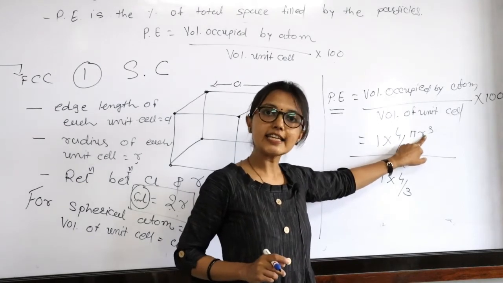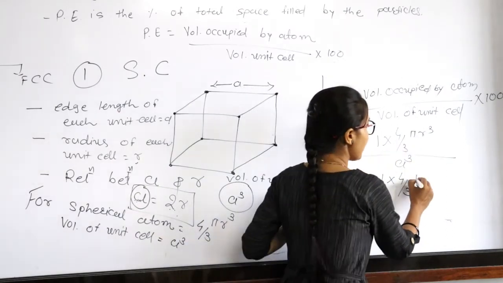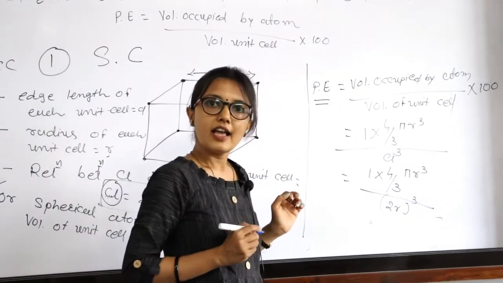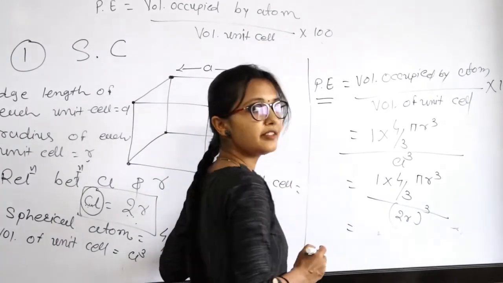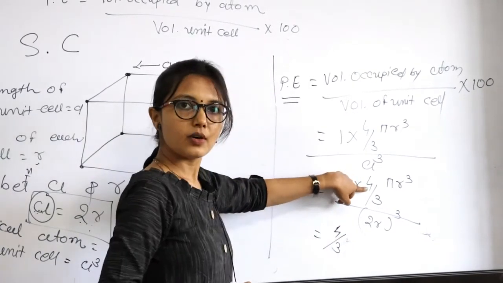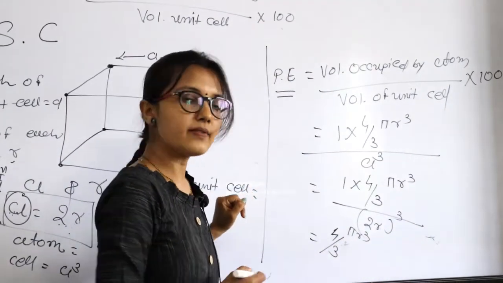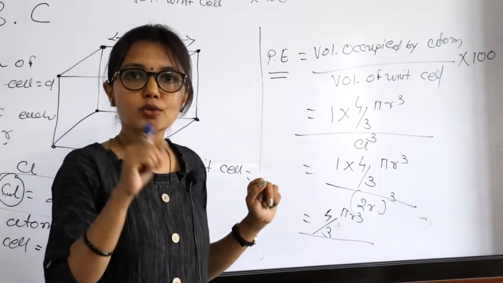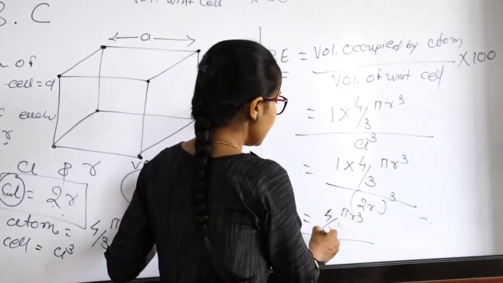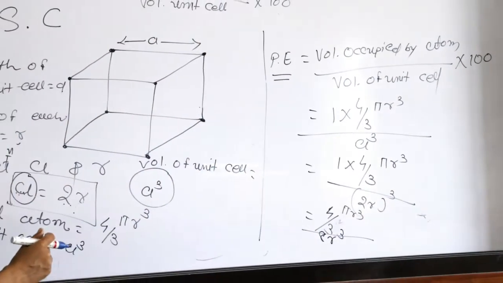Clear? And it easily gives the percentage for simple cubic lattice, and that's why pi r cube divided by 2r whole cube. When 2r whole cube is present, then 4 multiplied by 1, 4 by 3, and pi r cube. And you know friends, 2r whole cube is equal to 2 multiplied by 2 multiplied by 2, means 2 to the 4, 4 to the 8. That's why here 8, and r cube, that's why we can write 8r cube. Okay, next,